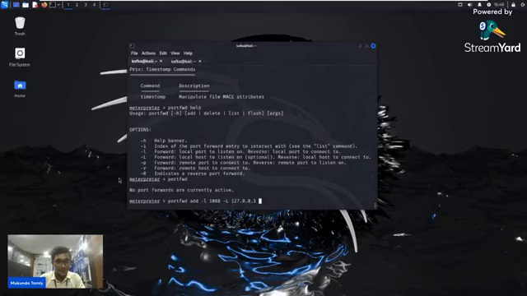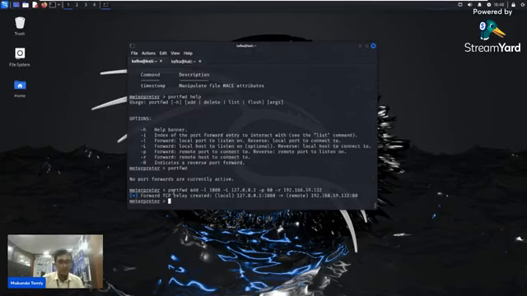Then -p, remote port to connect. I am connecting with 80, right? And -r, remote host to connect to. That is 192.168.59.132. Hit enter.